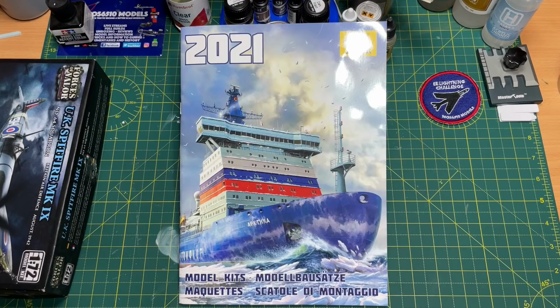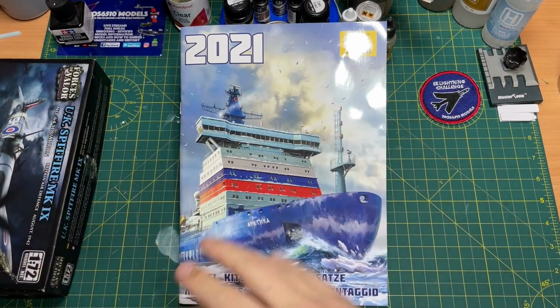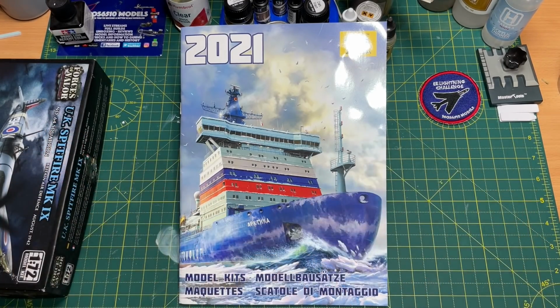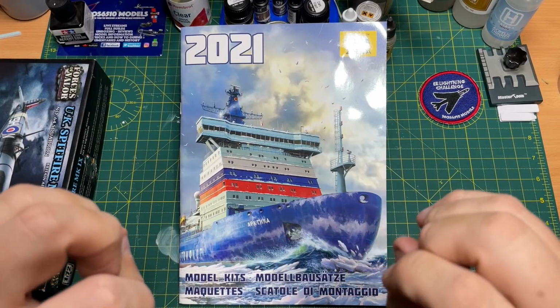So there you are, that was the Zvezda 2021 scale model kit catalogue. I apologise about the gloss, but I need the lights on so I get a lot of light onto the catalogue for when I do the editing. Inside there's quite a few new kits, and they say that they're new, and they do say when they're re-releases as well. A lot of the kits were released in 2020 and now in the 2021 catalogue, and they do tell you this,